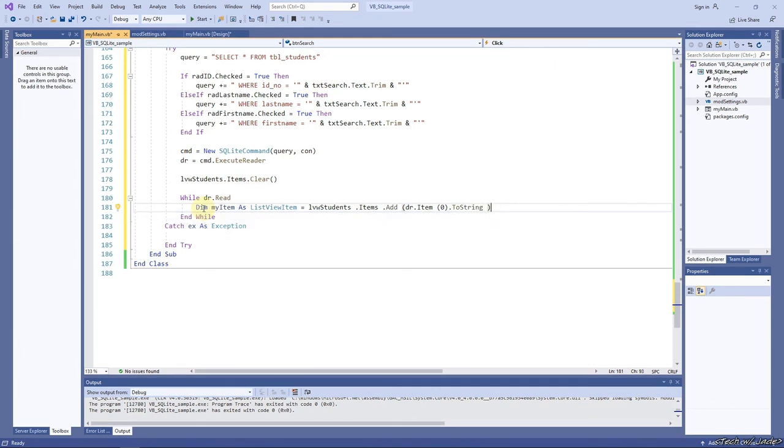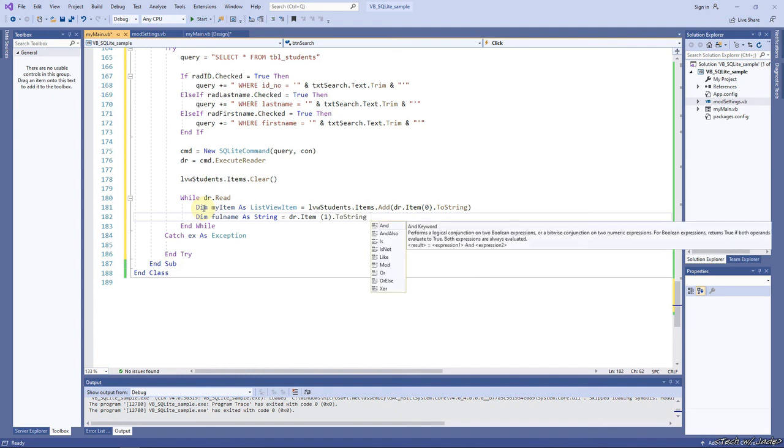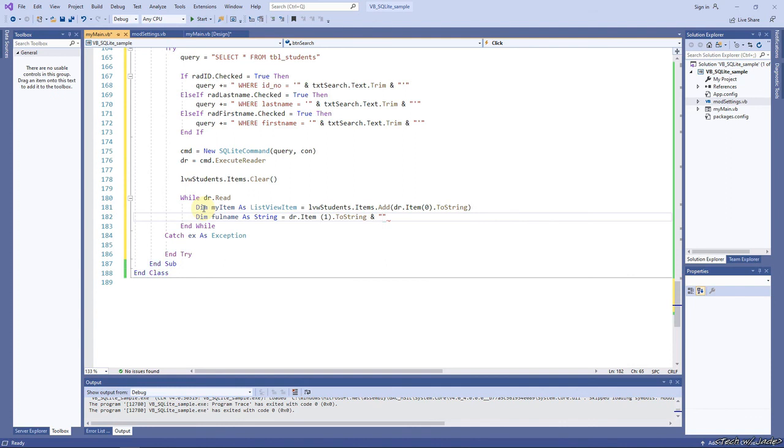Okay, Dim fullName as String equals dr.Item(1).ToString and dr.Item(2).ToString and dr.Item(3).ToString. Okay,